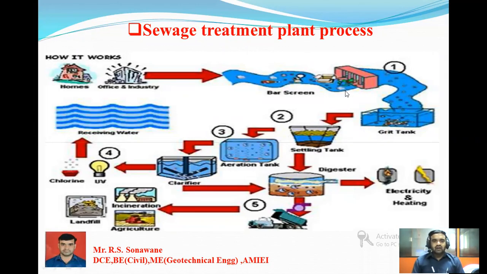In the previous lecture I already showed you the sewage treatment plant, but in brief you can see here how it works. These are homes, offices, or industries, the sources of wastewater, one domestic and another industrial. I mentioned here the pictures of the home, the residential area, as well as the office and industrial area. The waste comes from these two sources and enters the sewage treatment plant.